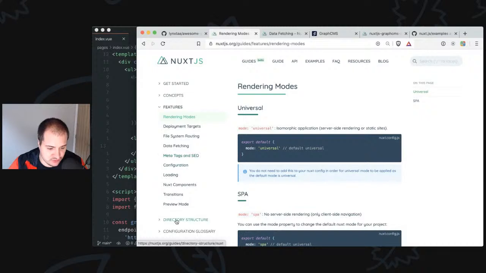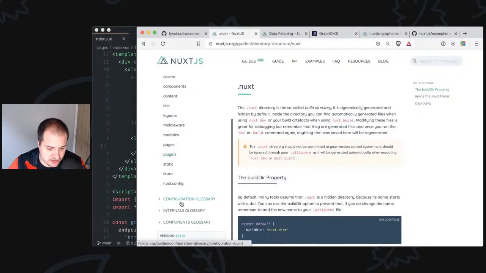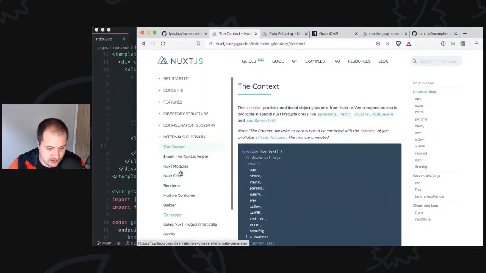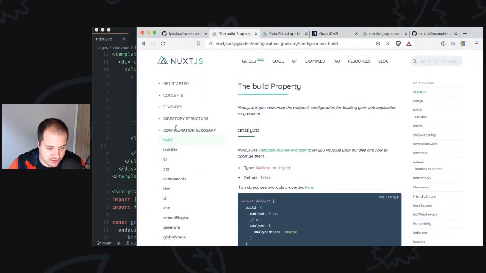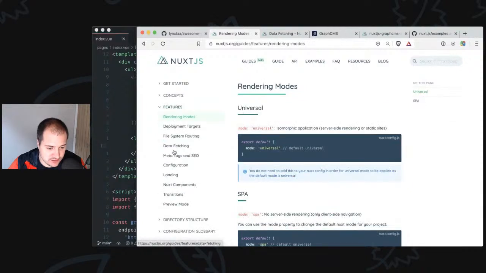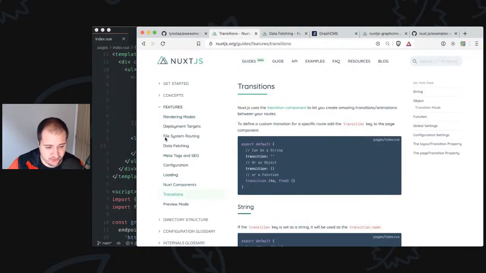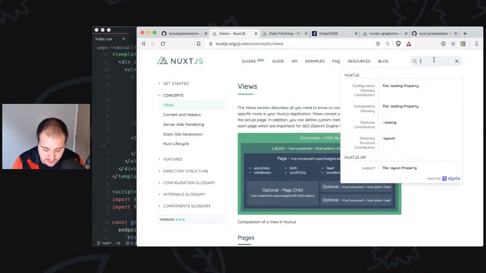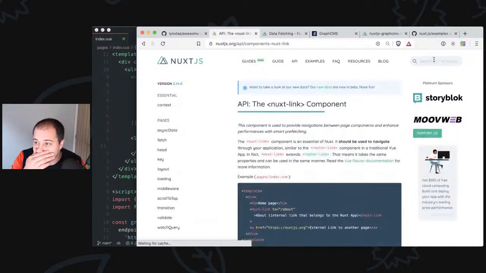Features. Not directory structure. Components glossary. Title glossary. Configuration. Features. Transitions? Nope. Concepts. Maybe it's not documented. I don't know. So let's go to the Nuxt